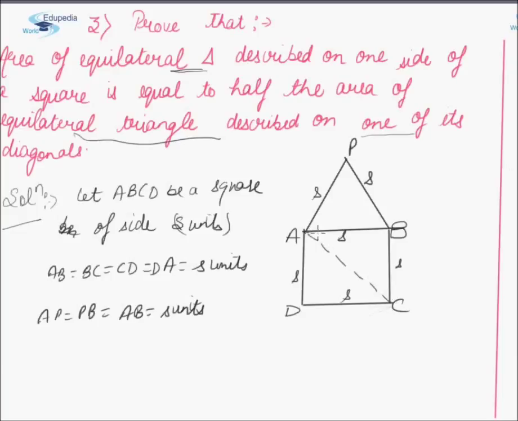So no doubt ABC is also a triangle, but it is not an equilateral triangle because AC, friends, the value of the diagonal of a square is root 2 times one of its sides, that is S. So AC, its length will be root 2 S. Clearly ABC is not an equilateral triangle. So the equilateral triangle will be somewhat of the form